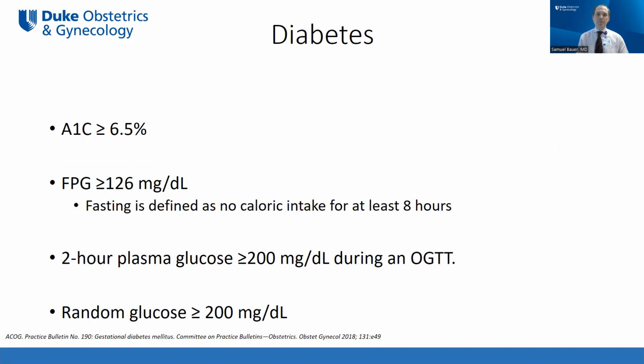I wanted to just remind us what our definitions for overt diabetes are. So if you have a patient that has an A1C at or greater than 6.5%, if they've got a fasting glucose of 126 or greater, fasting being identified as no caloric intake for at least 8 hours, or if they've got a 2-hour plasma glucose of greater than 200 after an OGTT, or just a random glucose,